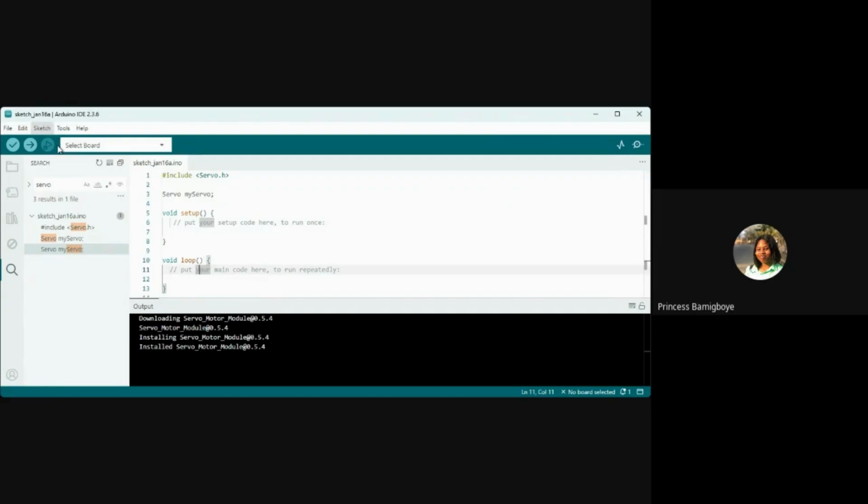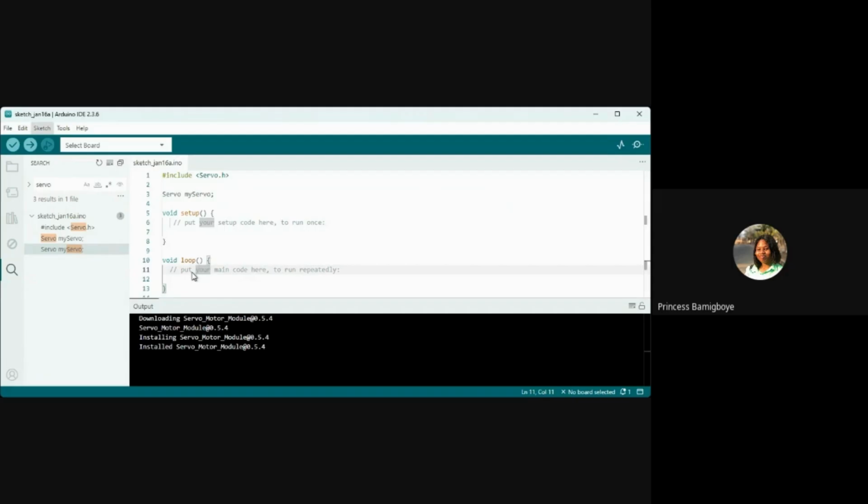Then Sketch, Verify. Verify means check this code and see if there are any errors or bugs. Verify or compile, then upload it. So after there are no bugs and no errors, upload it. Then Configure and Upload, that one's another. Then Upload Using Programmer. Then Export Compiled Binary, Optimize for Debugging, Show Sketch Folder, Include Library, Manage Libraries. You can also import libraries.